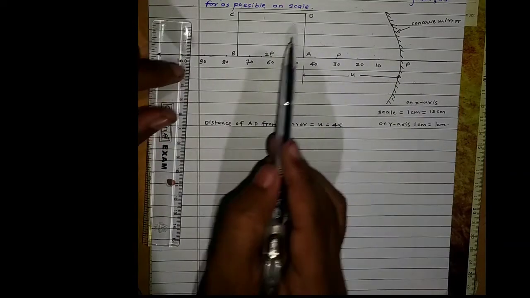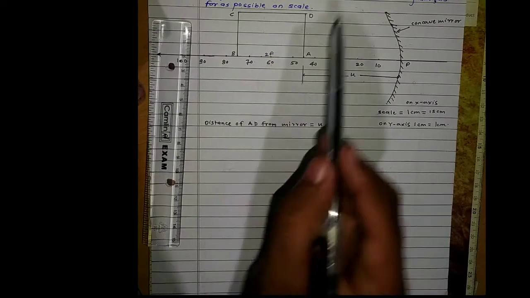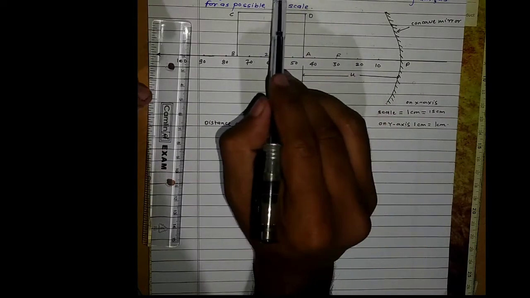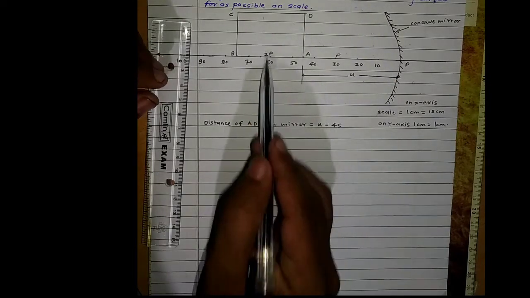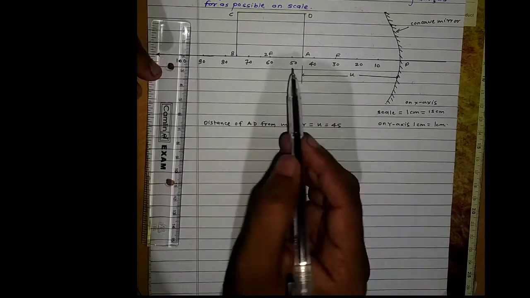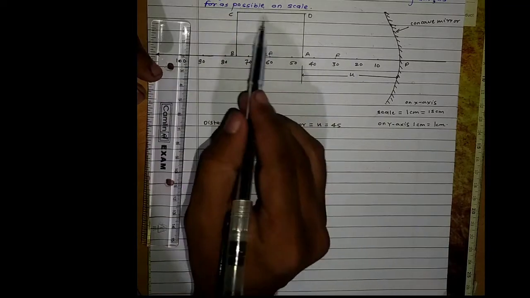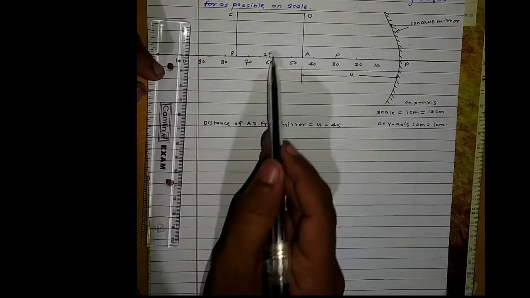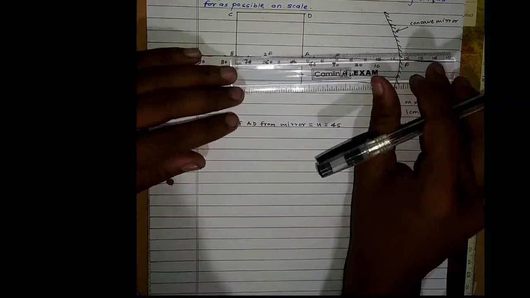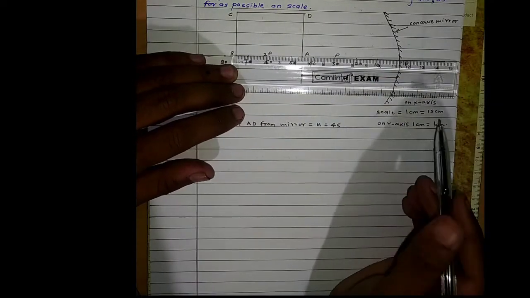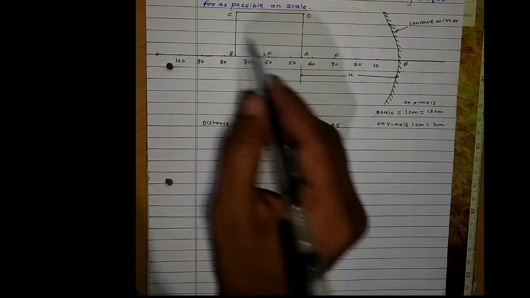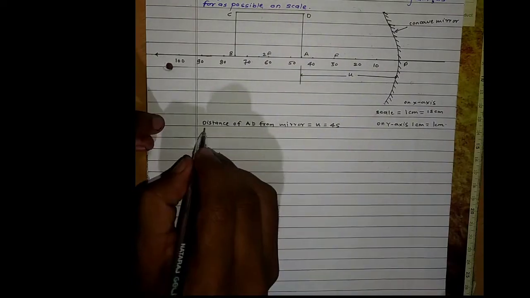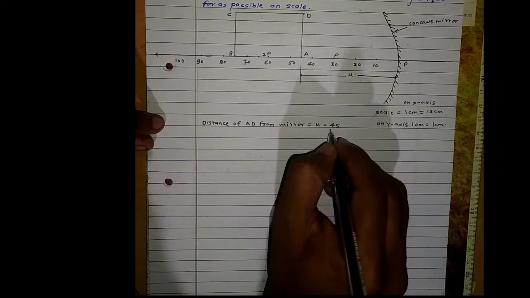Now how is it 45? See, the rectangular sheet is placed on the principal axis midway between F and 2F. What is the f? 30, then 2f will be 60, so the midpoint of the rectangular sheet will be on the 2f. Here you can see I have taken the scale of 1 centimeter is equal to 15 centimeter, so you can get the value here. Okay, 45 centimeter, that is for that figure. So the distance of AD from the mirror is u, that is 45.